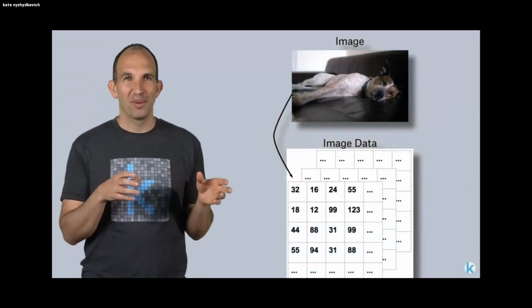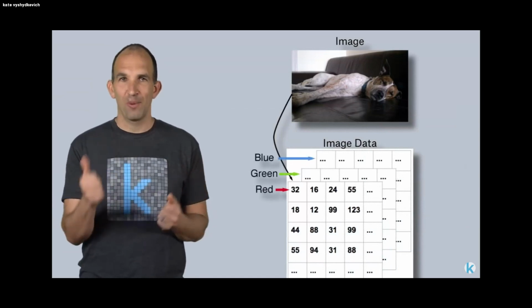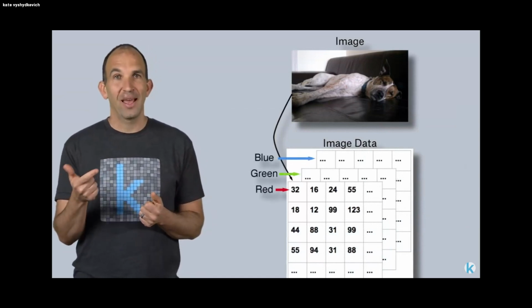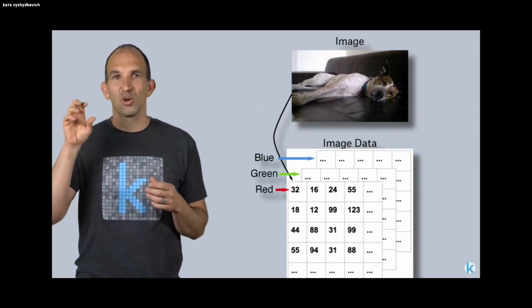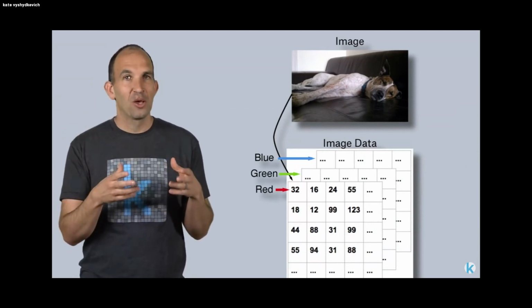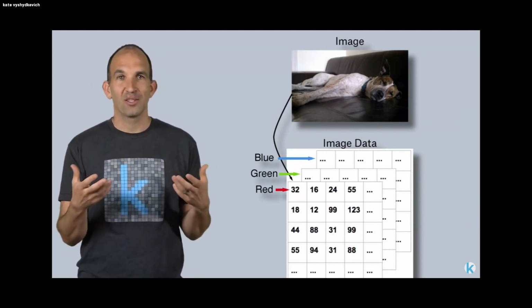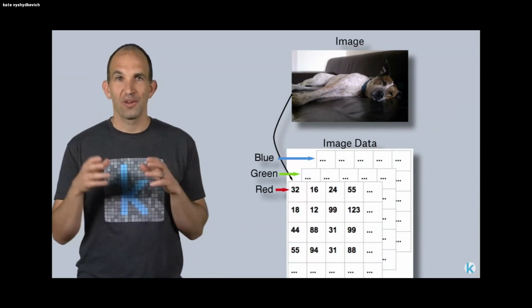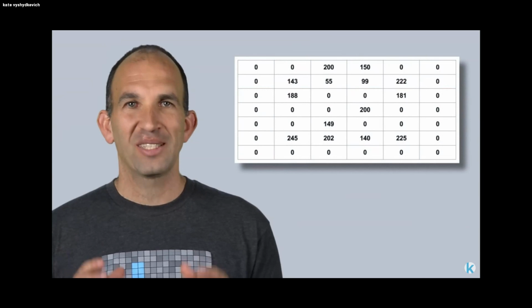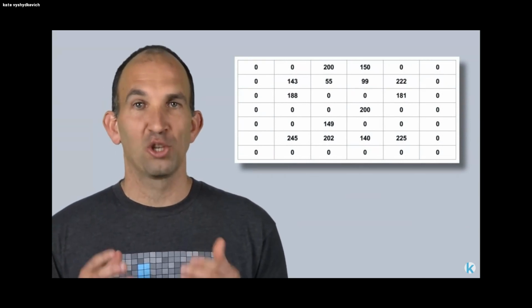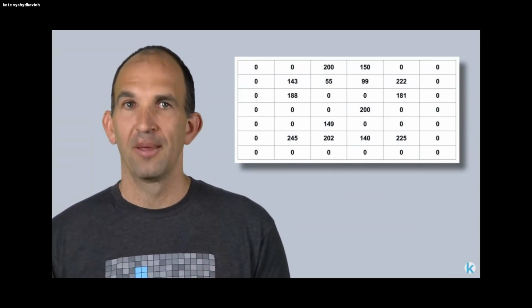Color images have an extra dimension. For each pixel, we store how red that pixel is, how green it is, and how blue it is. It's like a stack of 3 matrices. Tensor is the word for something that is like a matrix, but which can have any number of dimensions. So we'll call them tensors moving forward. For now, let's go back to the grayscale image, which has a 2D tensor representing the darkness of each pixel.